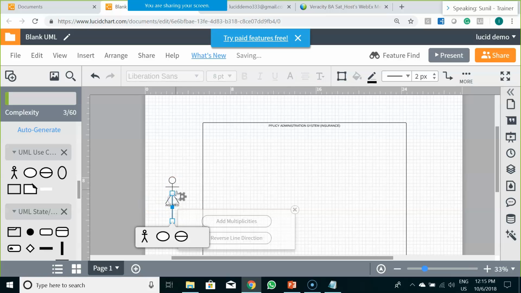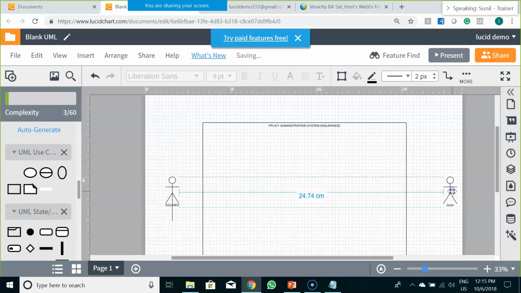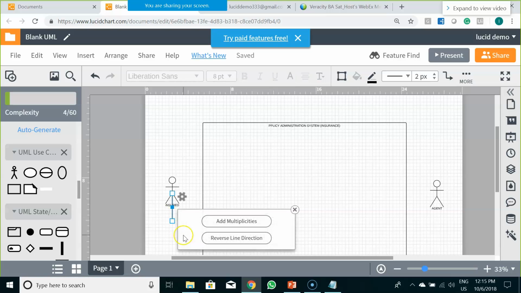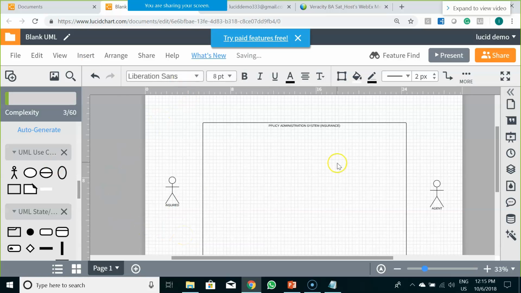An actor could be your agent, who would be issuing policy on behalf of the insured. Before that, I want to create some of the actions for them.